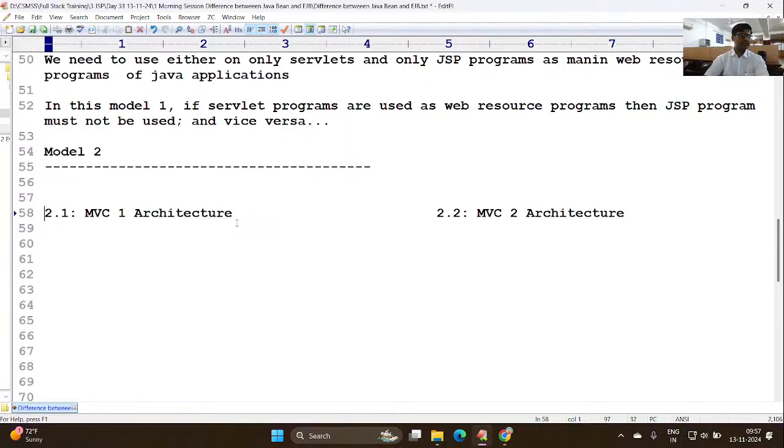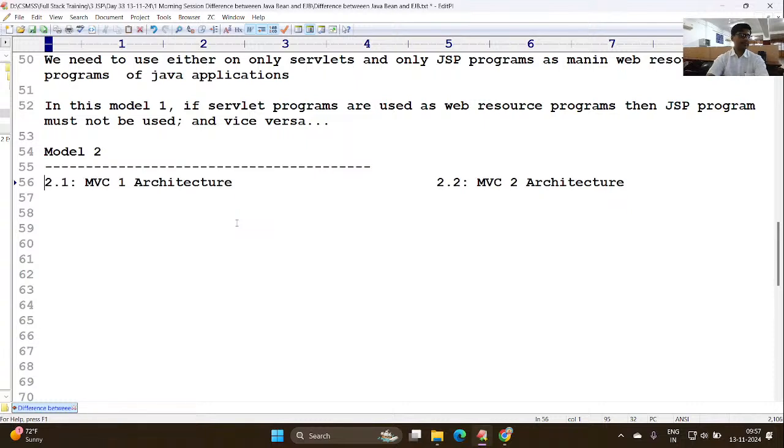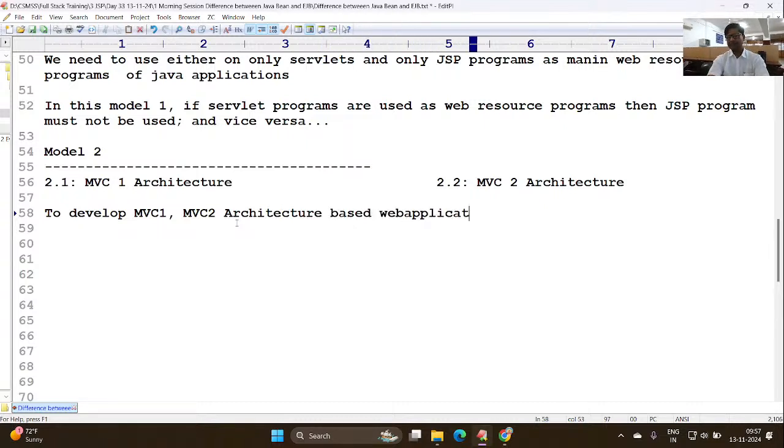So there are two types of architecture, guys. One is MVC1 architecture, one is MVC2 architecture. I'll explain one by one. So to develop MVC1, MVC2 architecture based